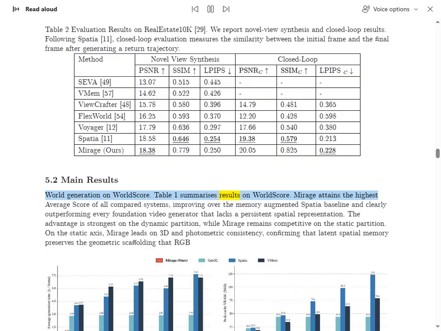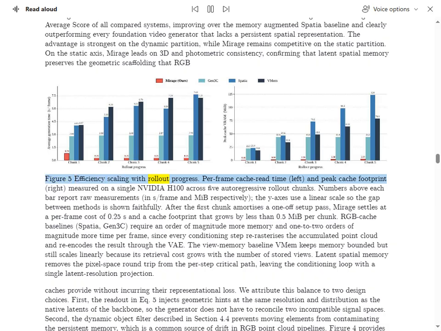Table 1 summarizes results on WorldScore. Mirage attains the highest average score of all compared systems, improving over the memory-augmented Spatia baseline and clearly outperforming every foundation video generator that lacks a persistent spatial representation. The advantage is strongest on the dynamic partition, while Mirage remains competitive on the static partition. On the static axis, Mirage leads on 3D and photometric consistency, confirming that latent spatial memory preserves the geometric scaffolding that RGB